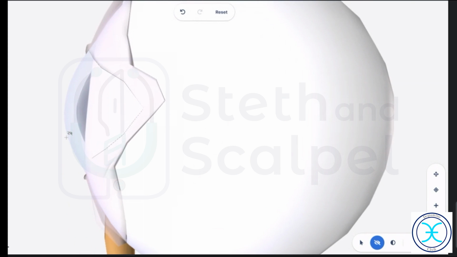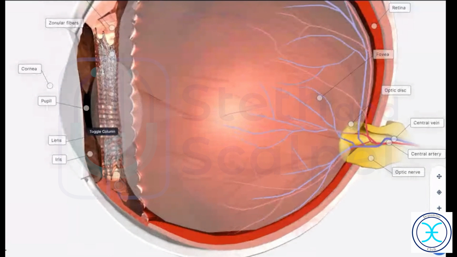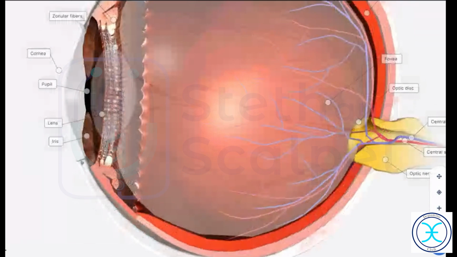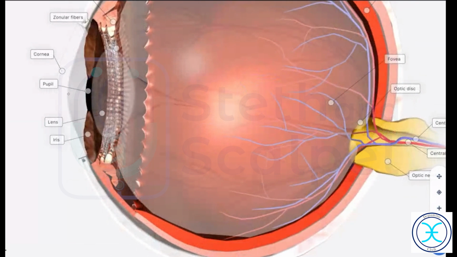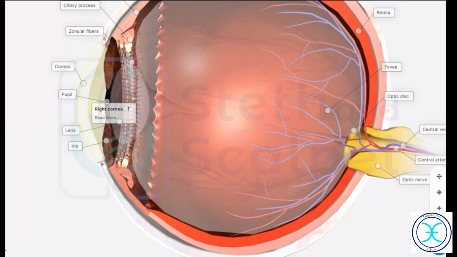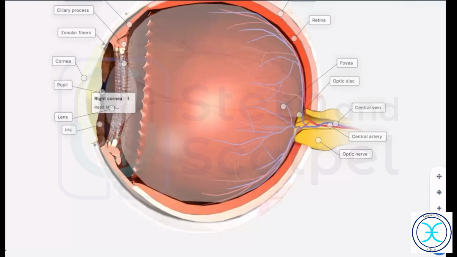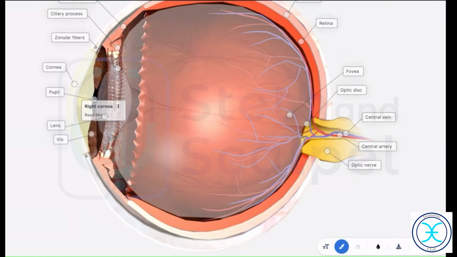So what is this outermost layer? Cornea. So this is the sagittal section of the eye. So we were looking at the cornea, right? So this would be the cornea. So I was asking you what does the cornea continue as, like this part? Sclera. Yeah, so that will be the sclera. What is there beneath that? So this is your sclera, and this part is your cornea. Yeah. So what is there beneath that?